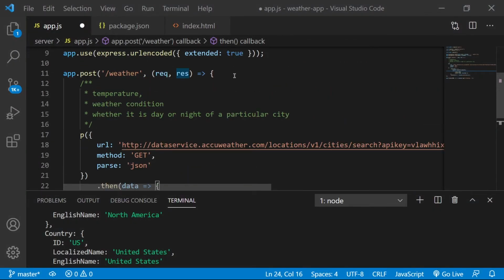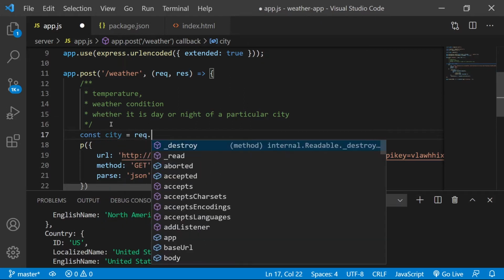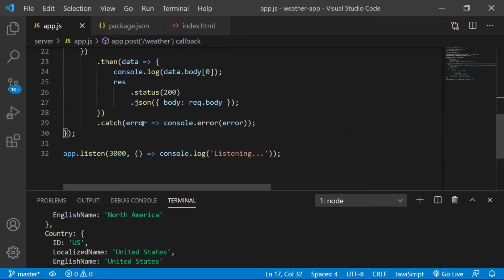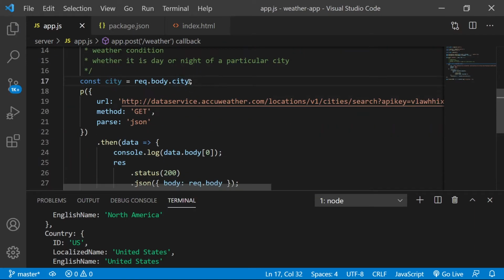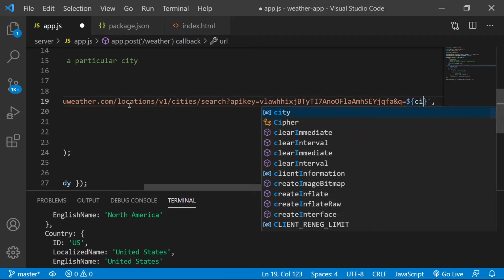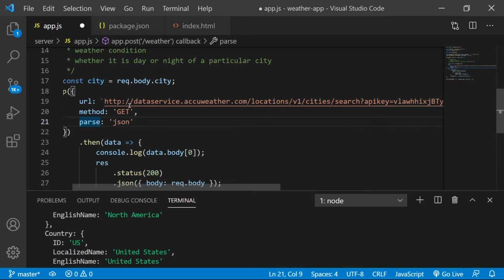So here, let's say const city equals request.body.city. Right, so we'll save a copy of that, and then we can actually make the URL a template string. And then here, we'll just put city. So now we can use what we've already gotten there.